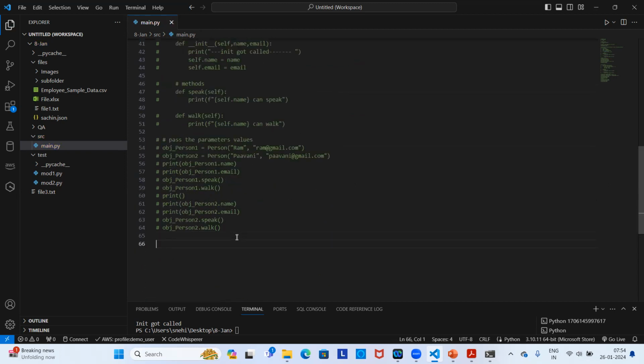In Java, I don't remember what was the constructor name. Do you remember in Java? Is it init or something else? Anyway,